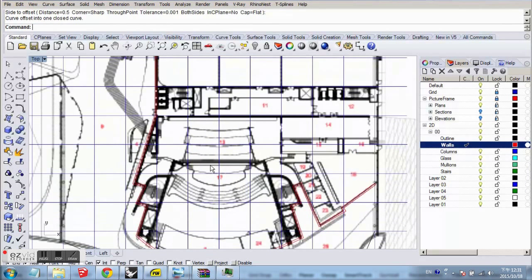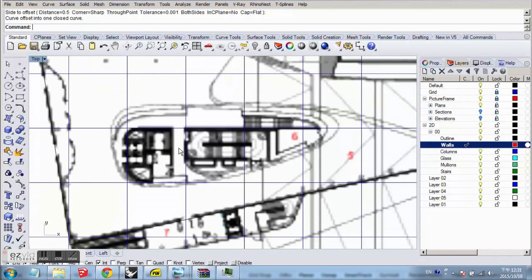There's another core on the left side near the entrance. For these walls, we're just going to draw the outline. These lines will work as a guide when we jump into modeling the skin, as these walls are free-form and they are part of the skin. Let's start at the top left and draw a